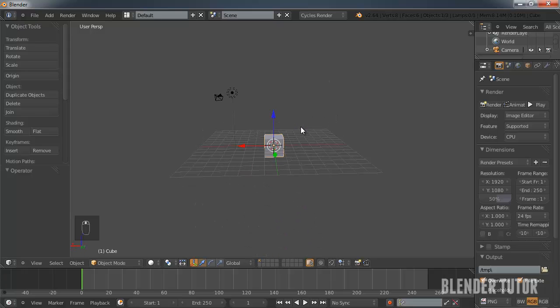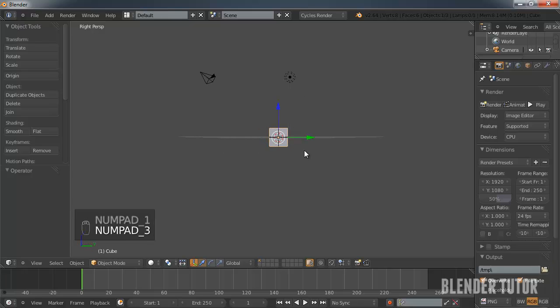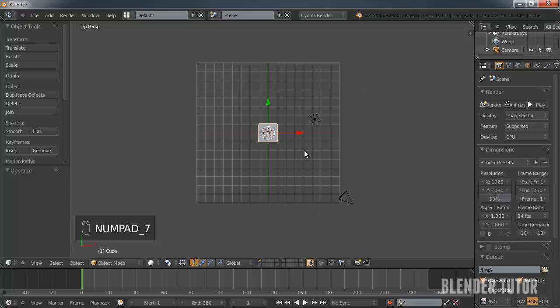And another way you could get around the scene is your keyboard shortcuts, which I highly recommend memorizing and using, because once you start using keyboard shortcuts, you're going to speed up your work by a lot. So if you have a number pad, if you hit 1, it'll be the front view. If you hit 3, it'll be a side view, and if you hit 7, you're going to look at your scene